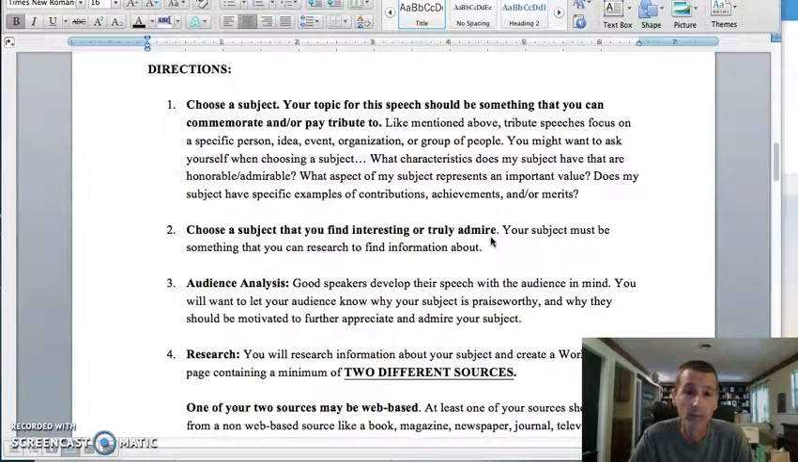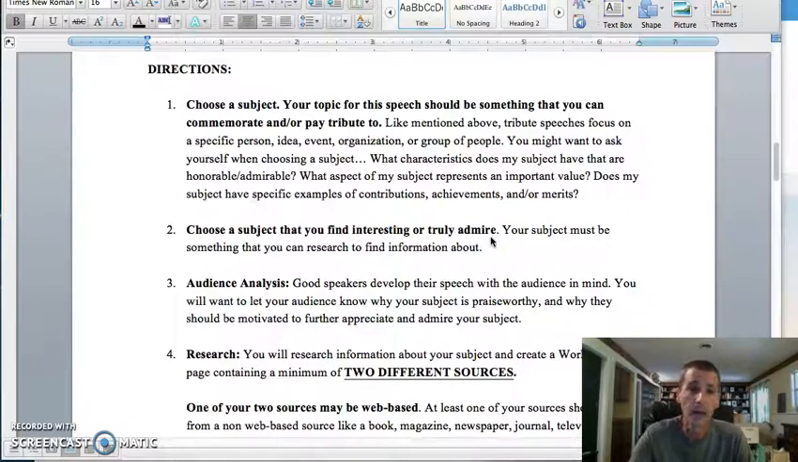Make sure your topic is something that you can effectively commemorate and or pay tribute to. So, our focus is on a specific person, idea, event, etc. There might be some questions that you could ask yourself when you're coming up with your topic. Does my subject have honorable or admirable characteristics? Are there important values that I can connect to my subject or my topic? Does my subject have specific examples that I can mention of contributions, achievements, merits, etc.? If you can't answer yes to some of these questions, then it might be a good idea to consider a